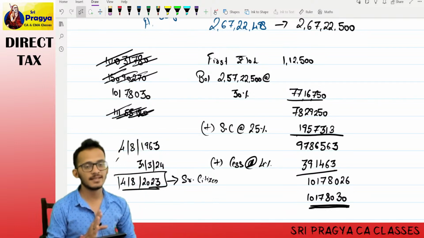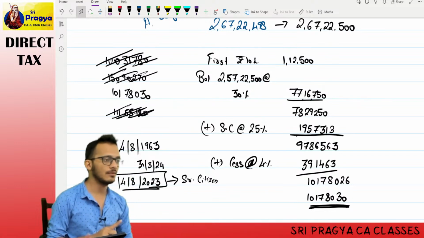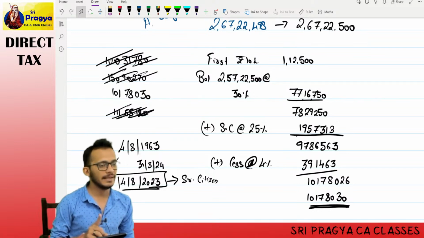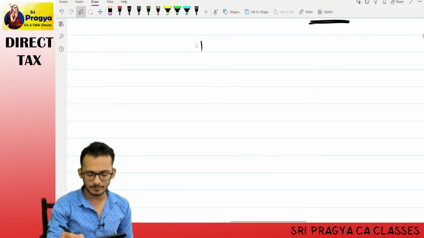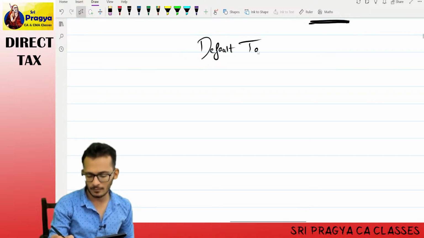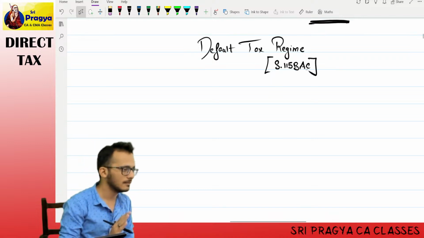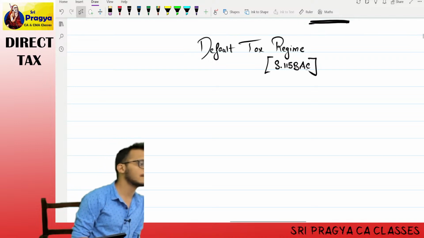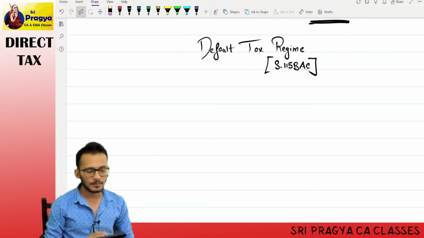Now everything is changed in that regime, and therefore I want your attention here. We are going to read something called as section 115 BAC. I am going to name it as default tax regime. If you understood the story, good; if didn't understand, forget it, doesn't matter. Section is important. Hey, all this is there in the book, don't worry. Yes, I am reading something now called as default tax regime, section number 115 BAC, where income tax came and